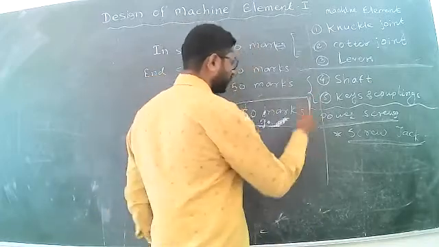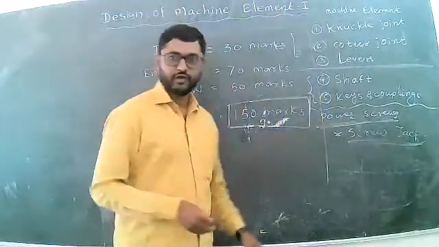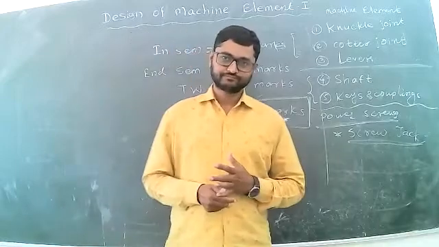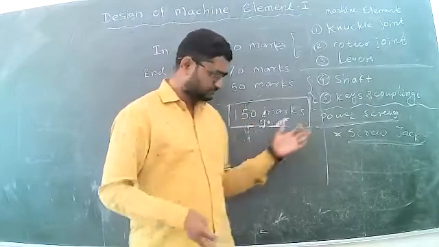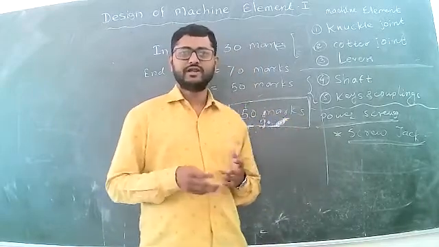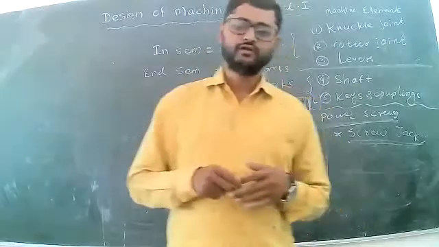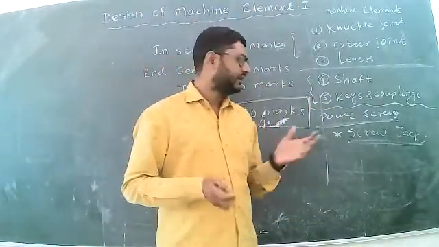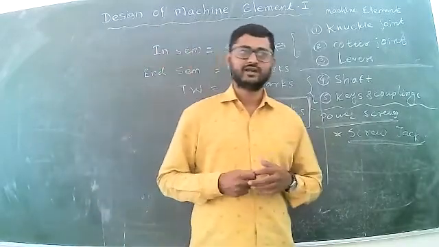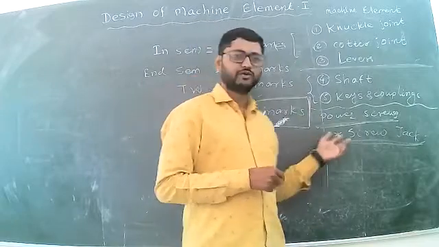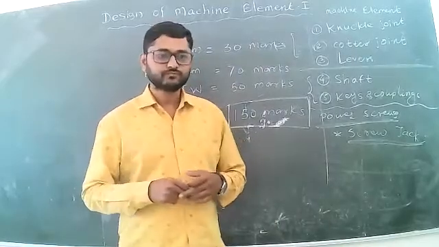In unit number 4, we have to learn different types of welded and threaded joints. There are many types of threaded and welded joints, but in our syllabus 4 to 5 types are included. The welding structure of threaded parts depends on the conditions: cantilever beam, simply supported beam. Then that structure is going to be loaded on a threaded portion.